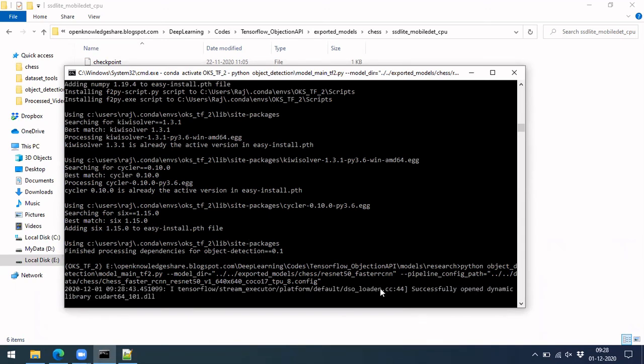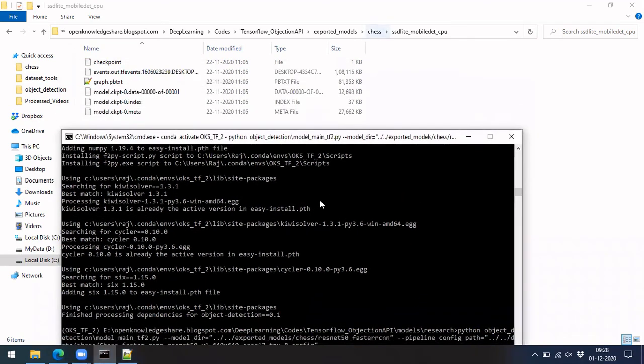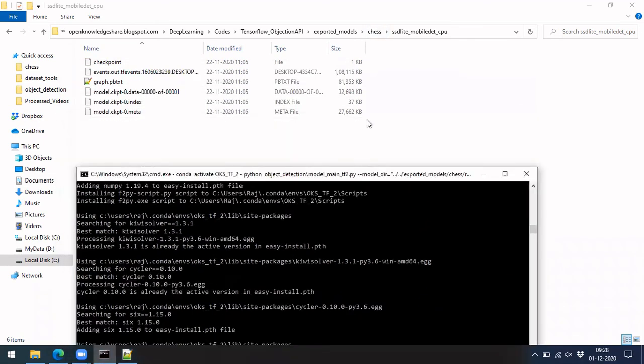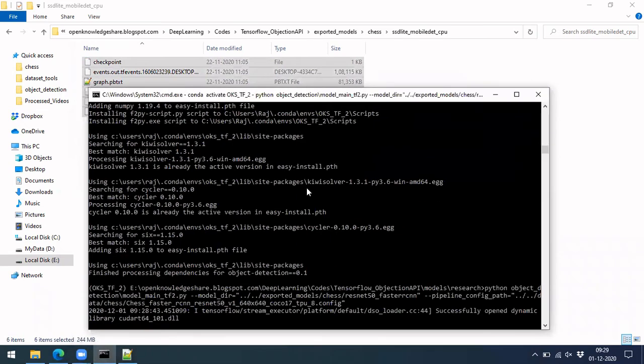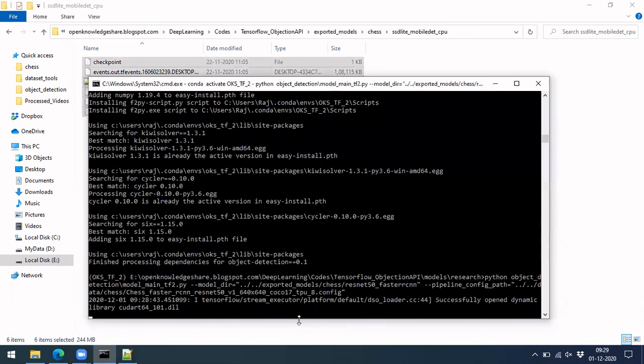You can see it starts loading now, and slowly it will start retraining the model and saving it over here. Once it is done, you have a model ready which is already trained on the dataset you have prepared. So that is about the TensorFlow object detection API.